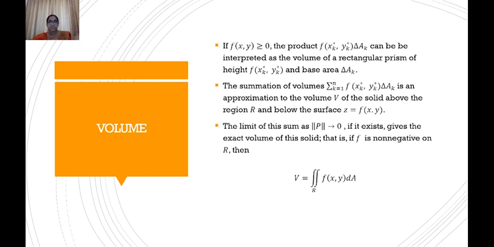We had done the concept of the double integral by partitioning the region into n rectangular subregions, and then we discussed area. Area occurs when f of x,y is 1, and then the concept of volume. Volume happens when f of x,y is greater than or equal to 0. We can form rectangular prisms, and the summation of all these rectangular prisms will give us the volume of the region between the region R and the surface z equal to f of x,y. So the area and the volume are both given by the double integral, under the given conditions for f of x,y.